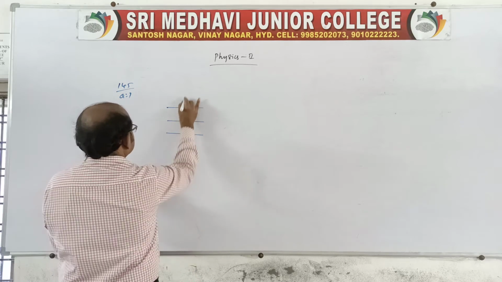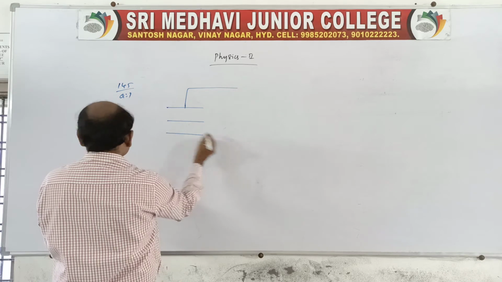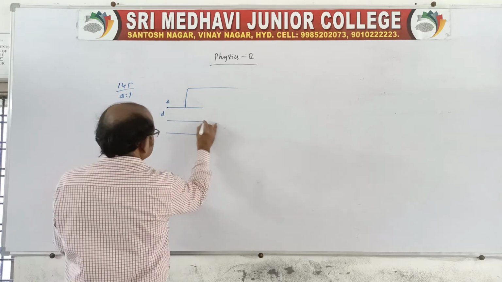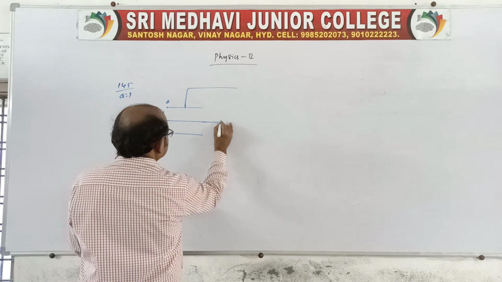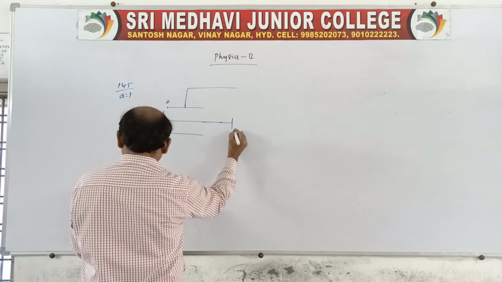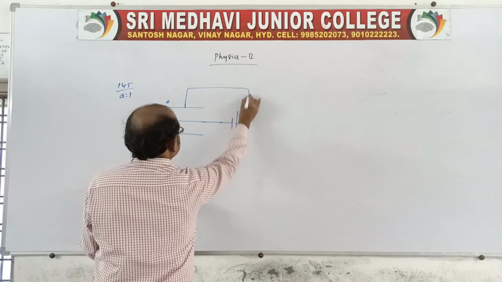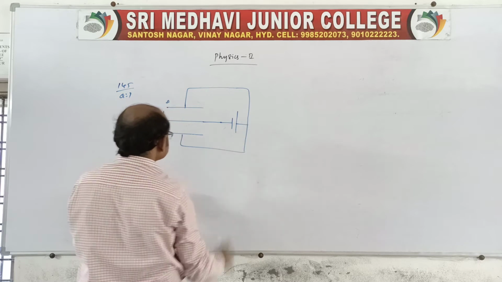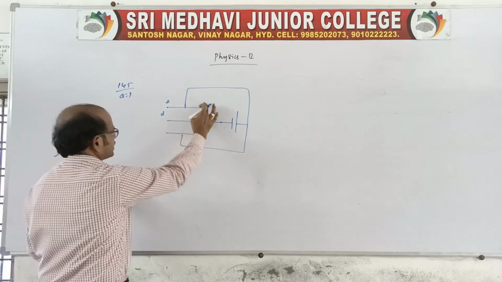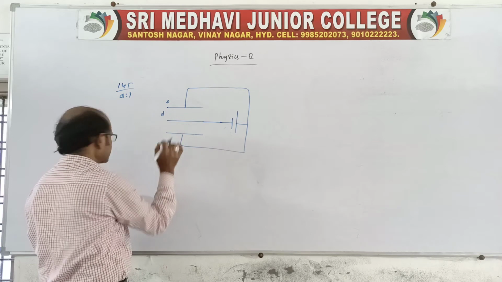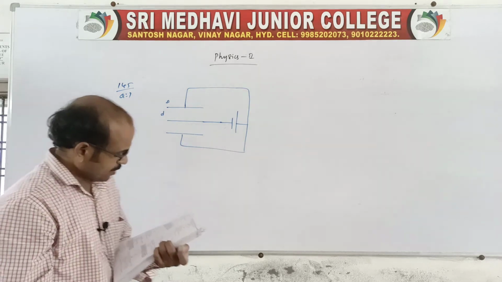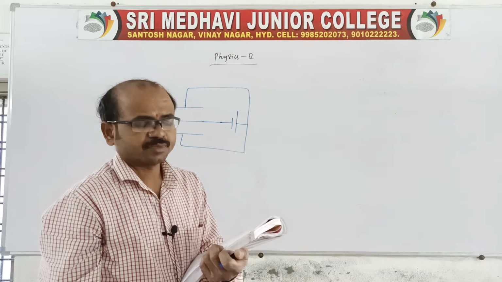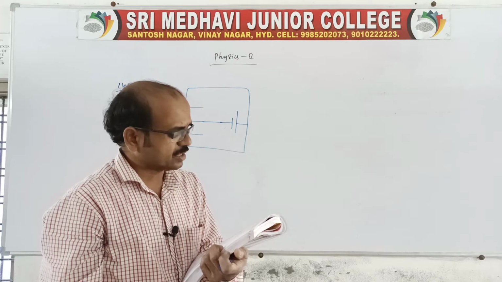So this is to be connected, the area of each plate is A and the distance between the plates is D. Now it is connected like this, with the battery's opposite terminals like this. Because it is one identical plate, another identical plate, and another identical plate, shown like this, right? First of all we should arrange them into a combination. Then we should look into how we get this combination, right?